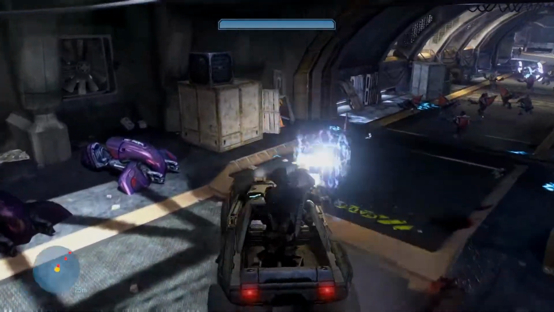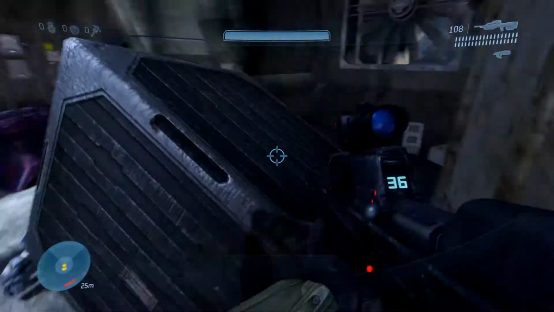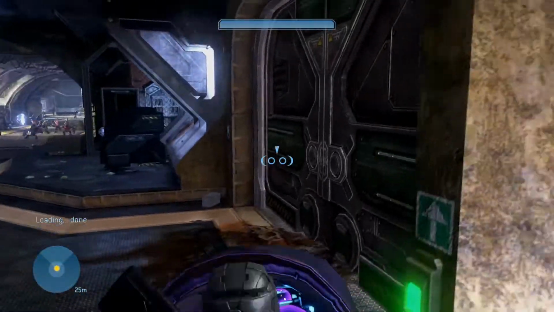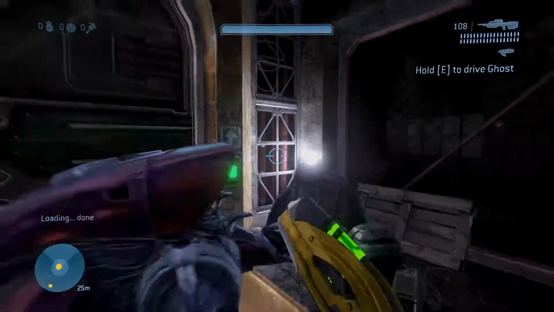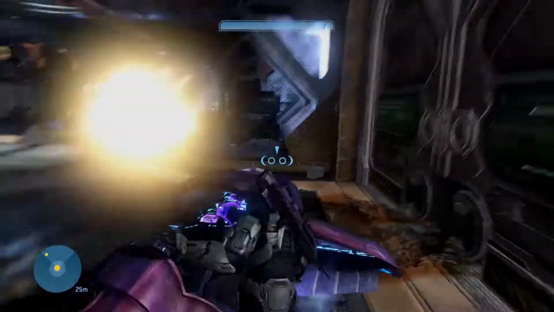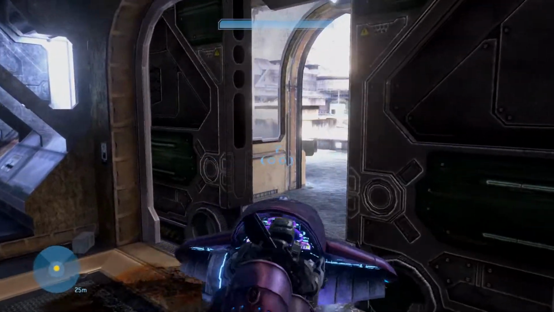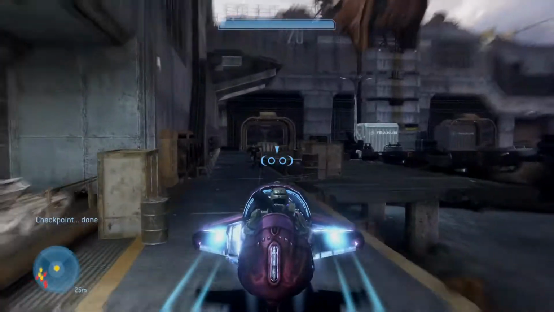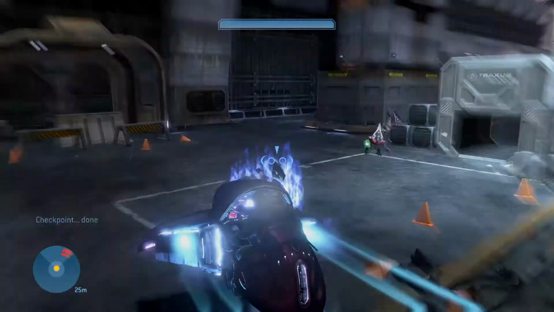Do a second run at this guy, and then dive out using your Warthog as a shield to allow you to get into this ghost. If you see loading done, good. You can actually open this door using the button immediately as soon as you've seen loading done, and then just abandon this entire fight. Speeding through with the ghost on the left hand side, you want to splatter as many